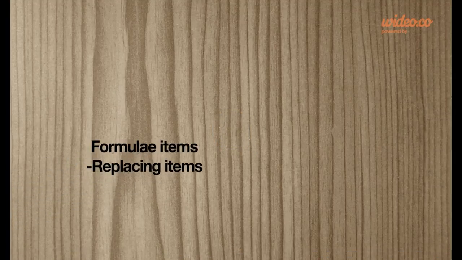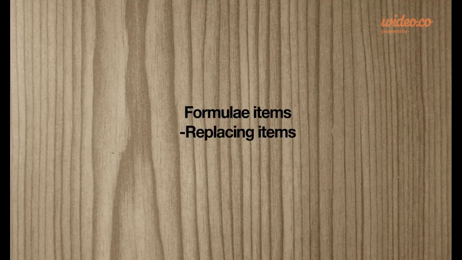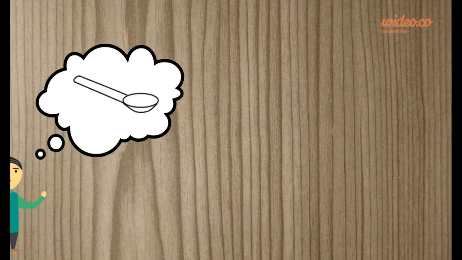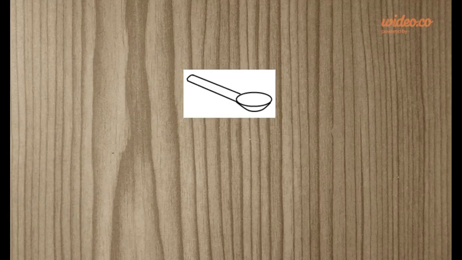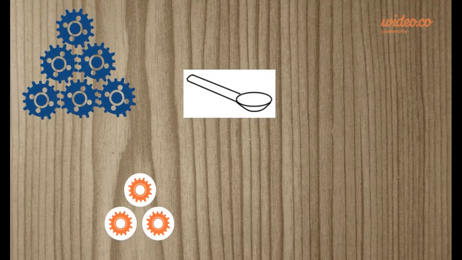This is an introduction to AX 2012 formula items and the functionality of replacing items in a bill of material. A man wants to make a plastic spoon. When he's making a plastic spoon, he uses two components, some polypropylene plastics and some plasticizer in order to make